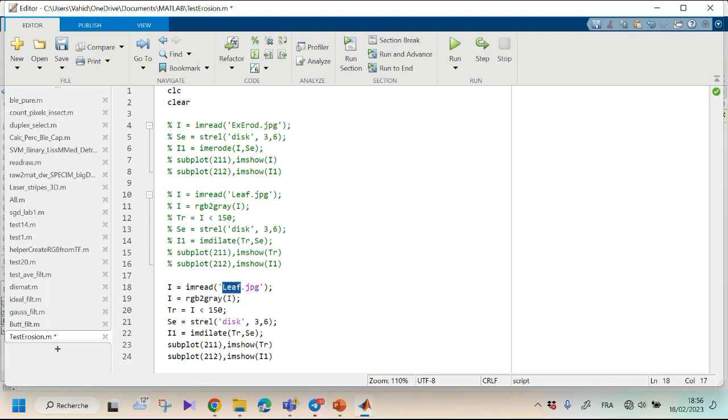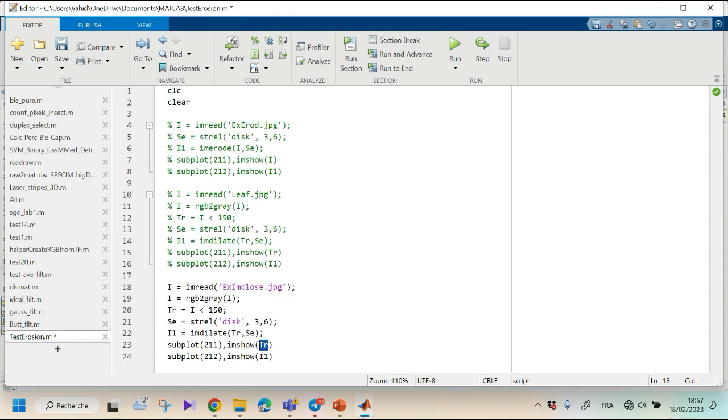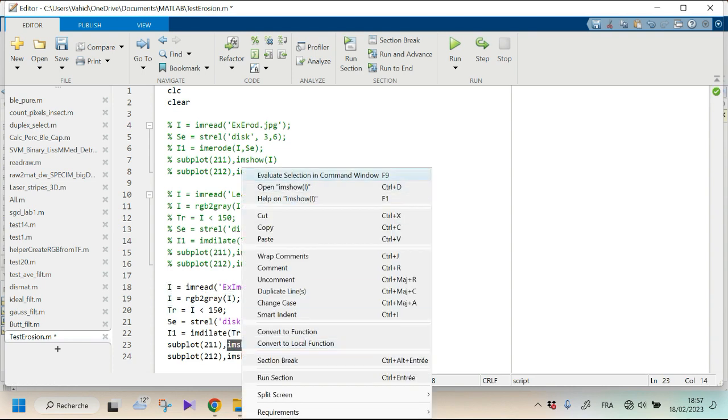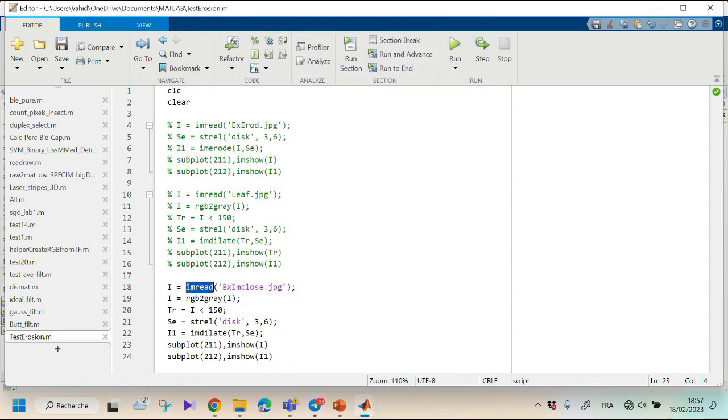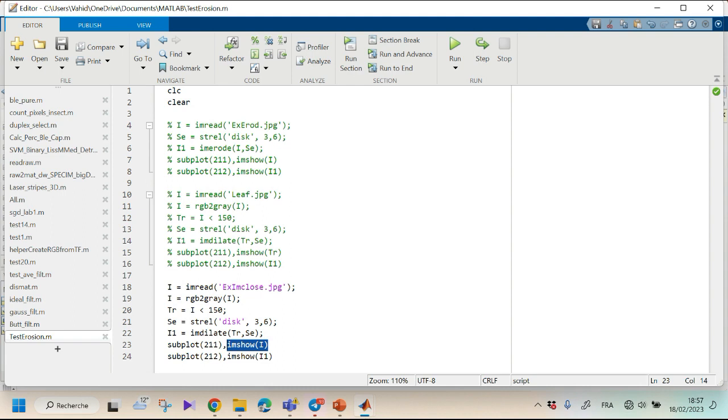So let me read an image. im close.jpg. Okay, so let me show you the image to know the problem. All right, so I didn't read it. I need to read and show. I think im cl it should be, maybe I am mistaken for the name, so however